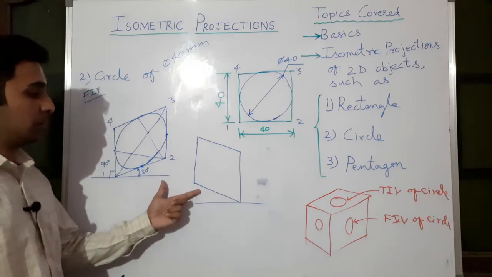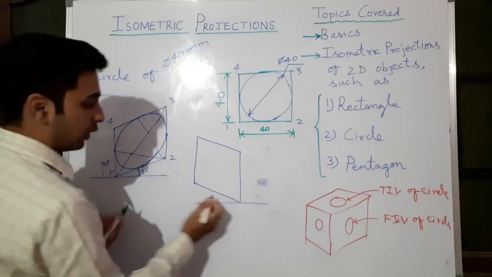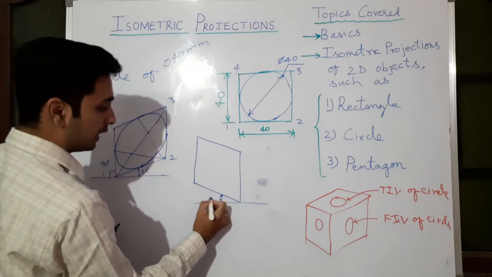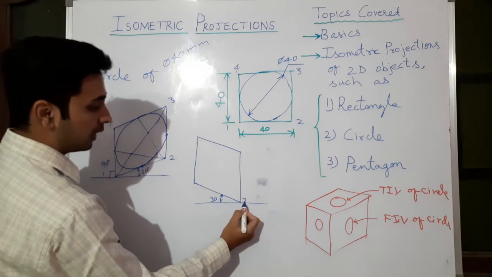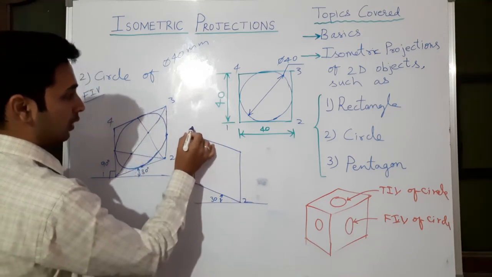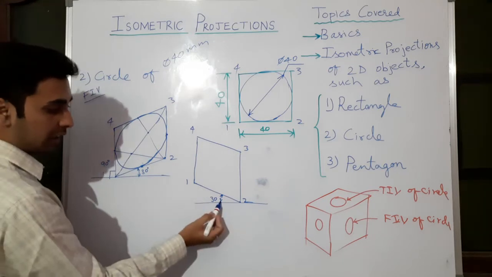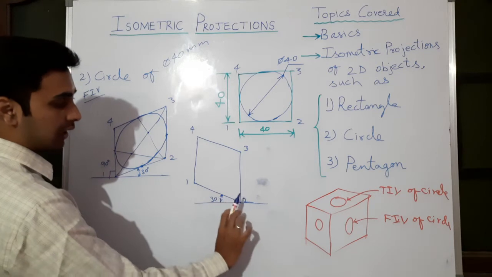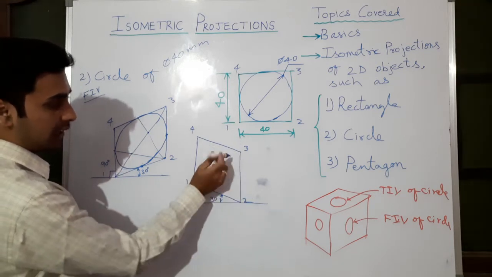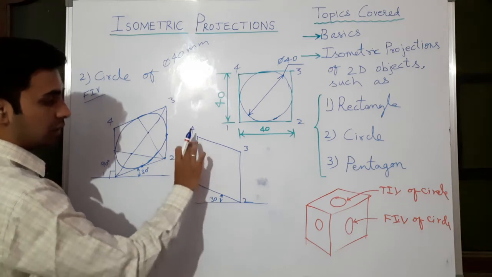So quickly I will complete the same square box we are drawing in this way. Here we have taken a 30-degree line, 40 mm long. This is now your point 2. This will be point 1, 4, and here it is 3. A 40 mm long line at 30 degrees, another 40 mm long line, here it is making 90 degrees vertically upward. These two are parallel, and from here to here if you take a vertical line, this is also 40.